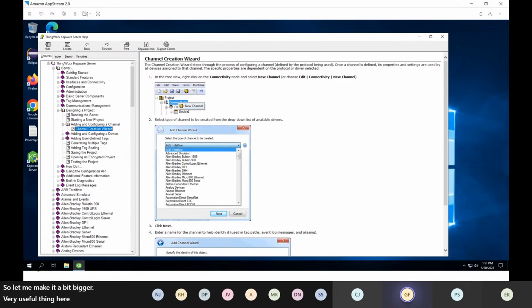So yeah, of course, we have the help file for Kepware in general about the Kepware interface, like how to set up channels, how to